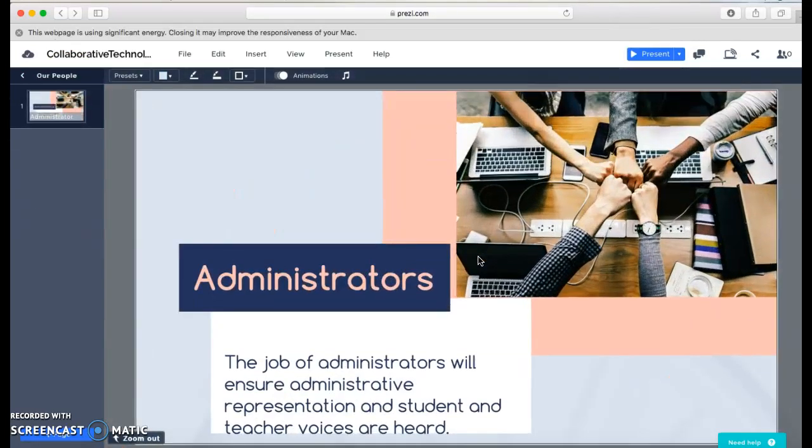The administrations, their main focal point will be to ensure administration is represented and student and teachers' voices are heard, so their concerns are there, any difficulties they're having or experiencing, any ways that they can help with the technology